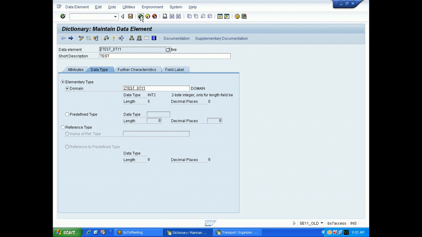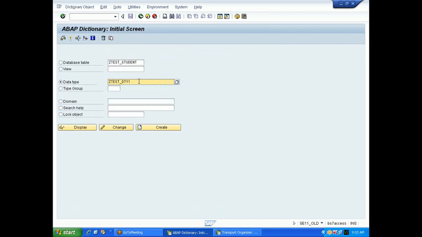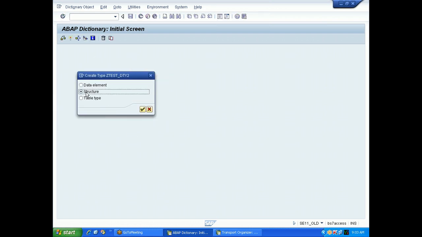In any programs, yes, in any table you can use this data element. Once you create a data element, the next one is structure.